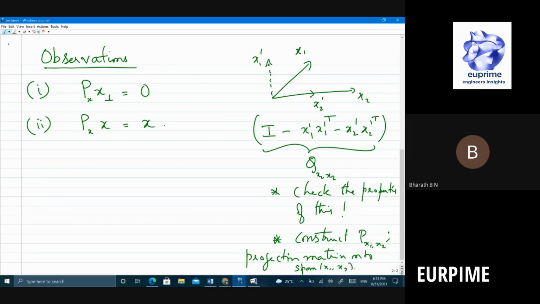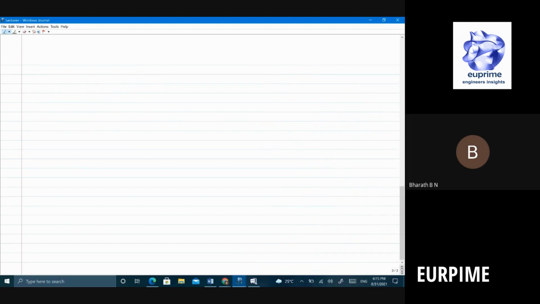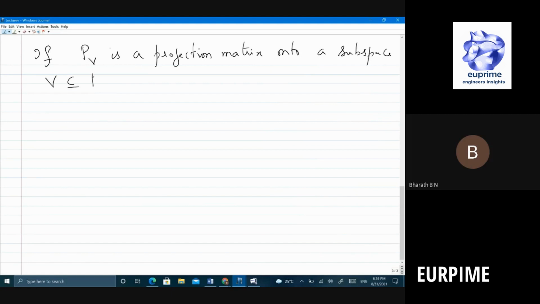So in general, if you have a matrix, for example, let me call this as PV. If PV is supposed to be a projection matrix onto a subspace V, which is a subset of Rn, then